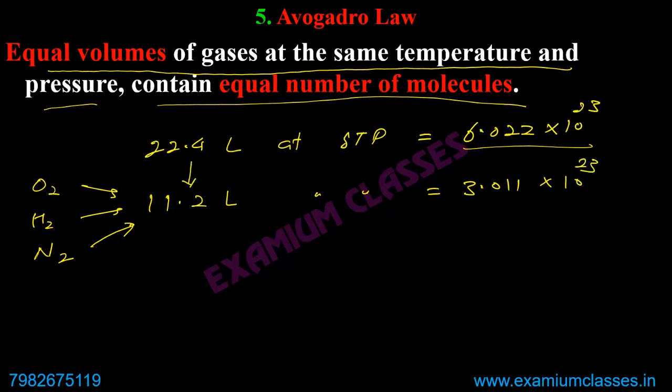Because here it is half, here also it will be half. It means equal volumes of gases at same temperature and pressure will have equal number of molecules. Is that clear? Yes, sir. Because there is direct relationship between volume and numbers. This can't be different. It is fixed relationship that 22.4 liter will have 6.022 into 10 power 23 molecules, irrespective